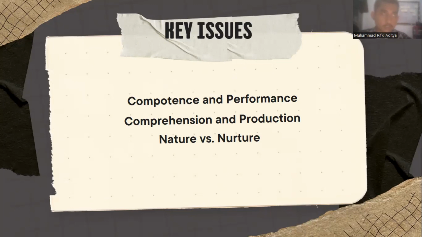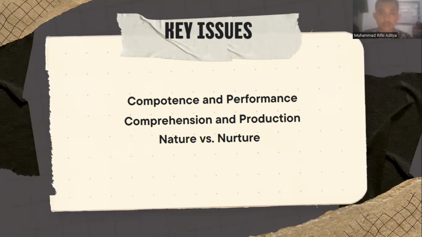And for production, this is the ability to produce language outputs, which includes speaking or writing. It requires not only a grasp of vocabulary and grammar, but also the ability to construct a coherent message that others can understand. So these two aspects are crucial in language acquisition. Comprehension typically precedes production, meaning children understand language before they can express it. This sequence supports the idea that the ability to comprehend language forms the basis for the ability to produce language.